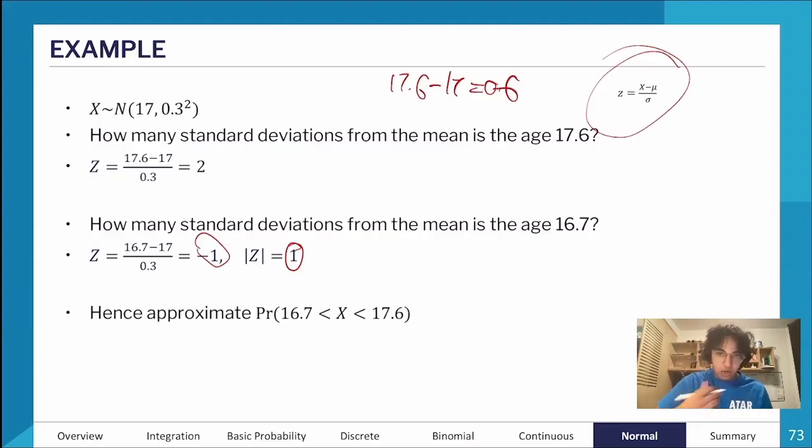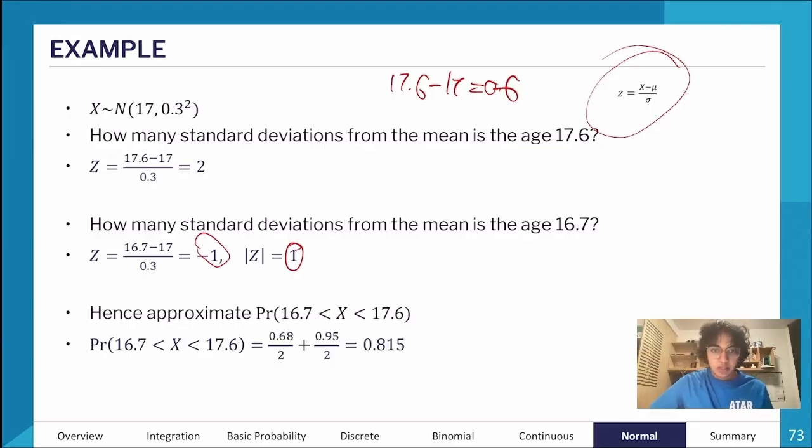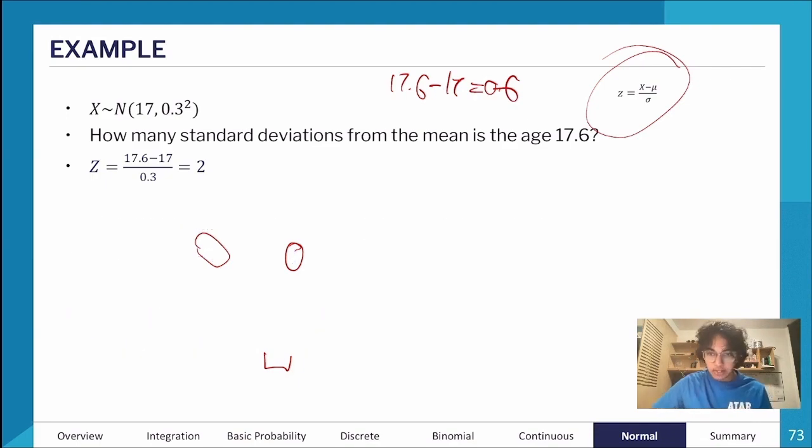And now they want us to approximate the probability that the age is between 16.7 and 17.6. So how do we do that? So first, I'm going to work out this, and that tells me the probability that it's one standard deviation below, right? So if I go back to,